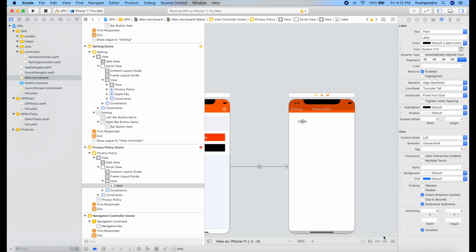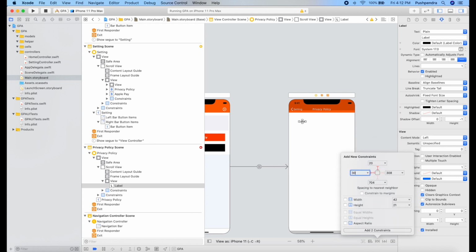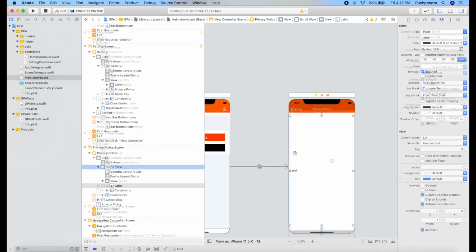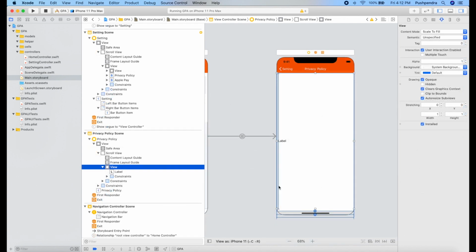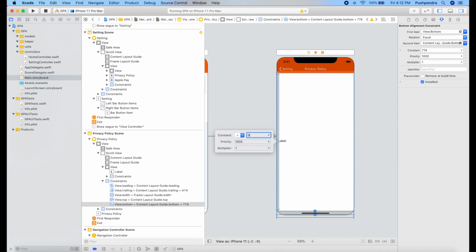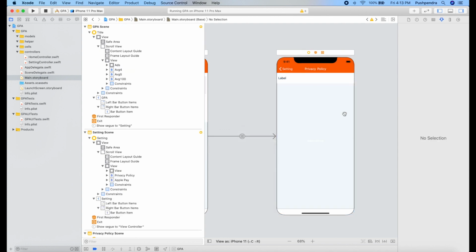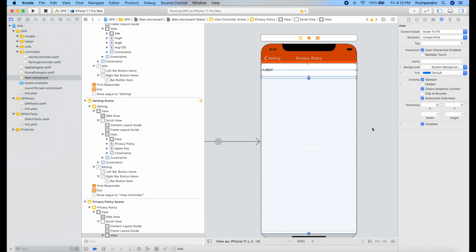Take one label and assign constraints to this label. It's 20, 20, sorry, 88 from the left side and 20, 20 from top and bottom. So it's coming in the center. Here I have one extra parameter, I'll make it 0, actually the extra constraint.